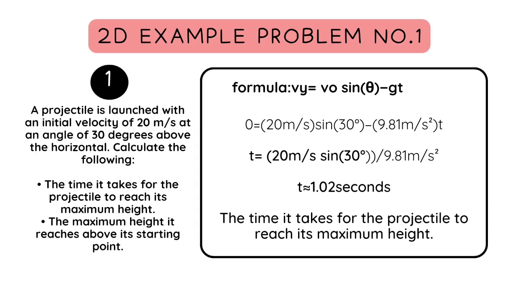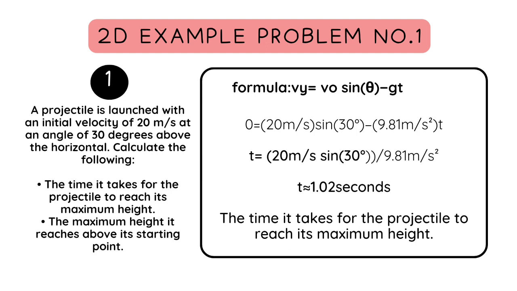In this given problem, a projectile is launched with an initial velocity of 20 meters per second at an angle of 30 degrees above the horizontal. Calculate the following: the time it takes for the projectile to reach its maximum height, and the maximum height it reaches above its starting point. To find the time it takes to reach the maximum height, we can use the following